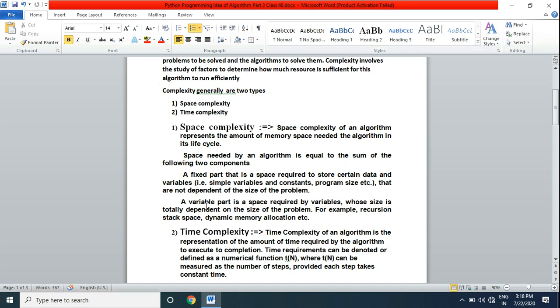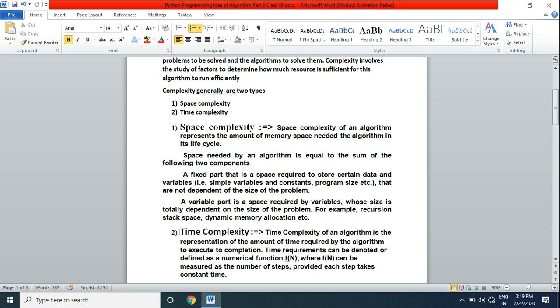And the variable part is the space required for variables whose size is totally dependent on the size of the problem, for example recursion stack space, dynamic memory allocation, etc. So if our program size is large, then this space will be large. If our program size is small, then this space will be small.